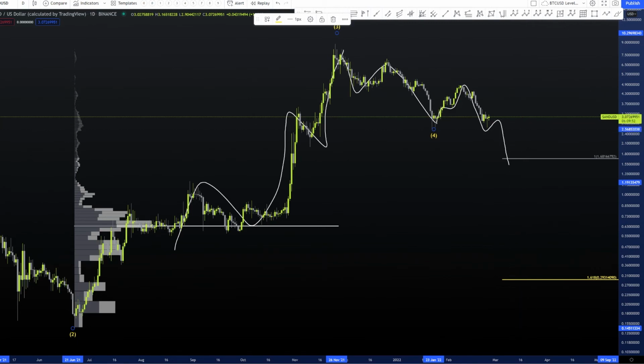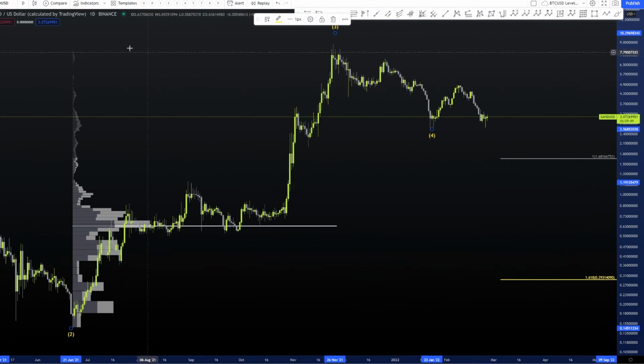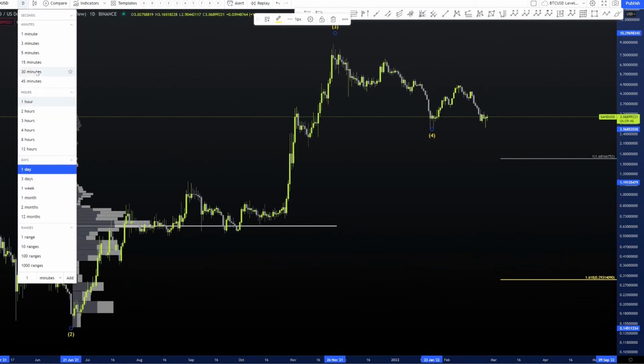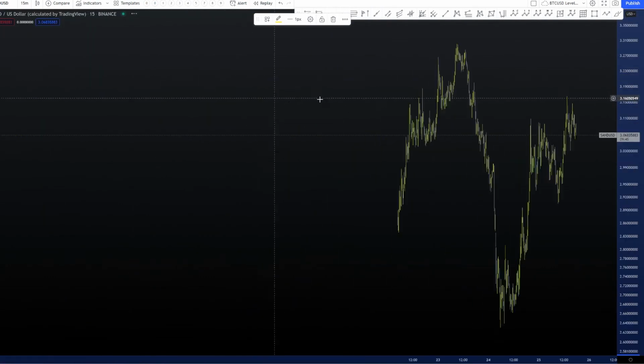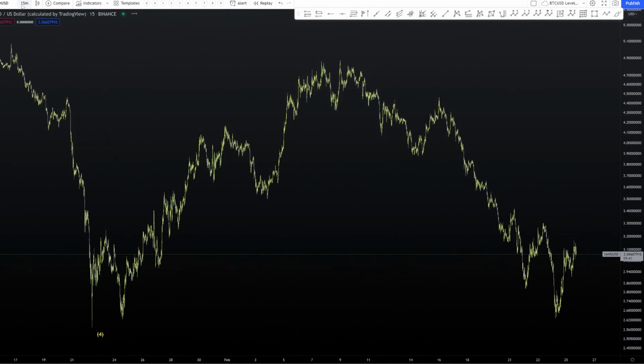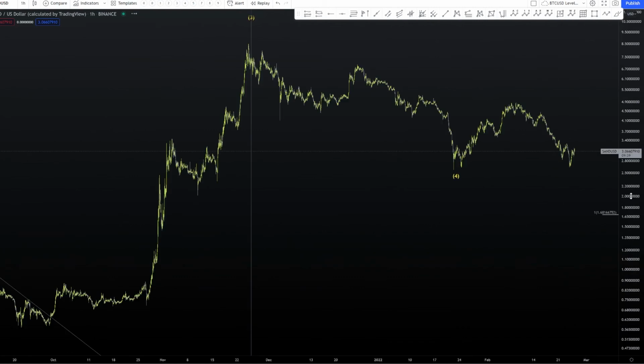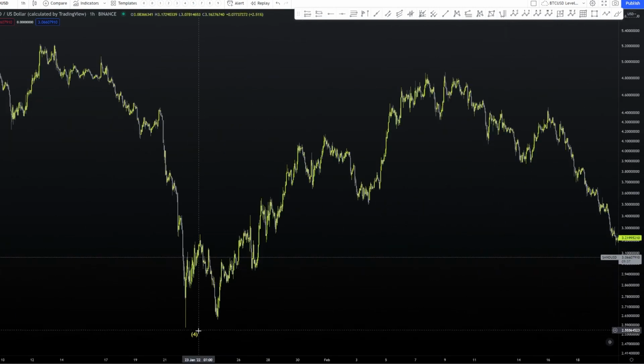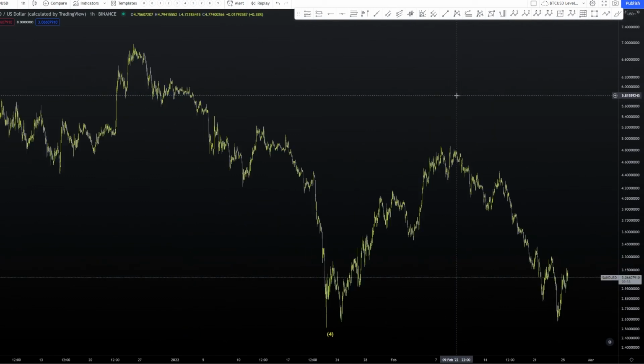frame. Now we could zoom in real quick to give you guys my perspective on what we're looking at on the local time frame. So let's go to the 15-minute chart. Actually, let's go a little bit higher. Let's go to the 1 hour chart. And like I mentioned to you guys earlier, we could get a 5-wave move off these lows for a 1, 2, 3, 4, 5. However, it doesn't look